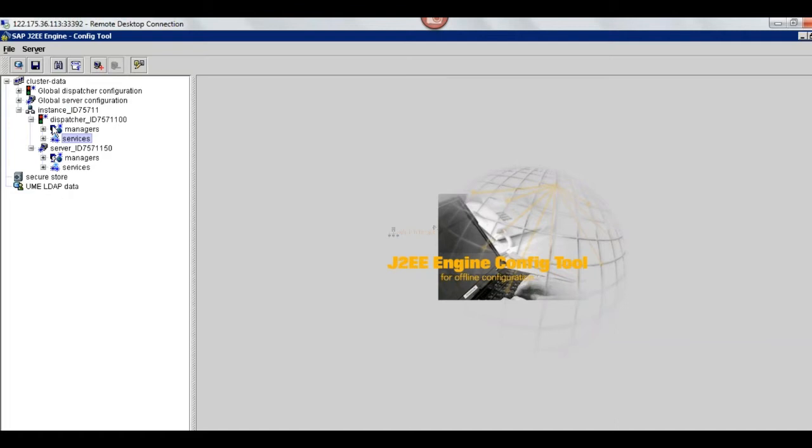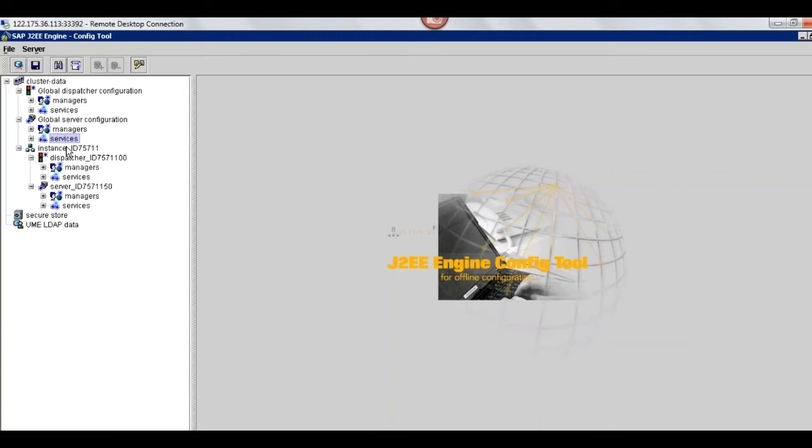Apart from this, we have global configuration files also. See here, global dispatcher and global server. The global dispatcher also has managers and services. The global server also has managers and services.